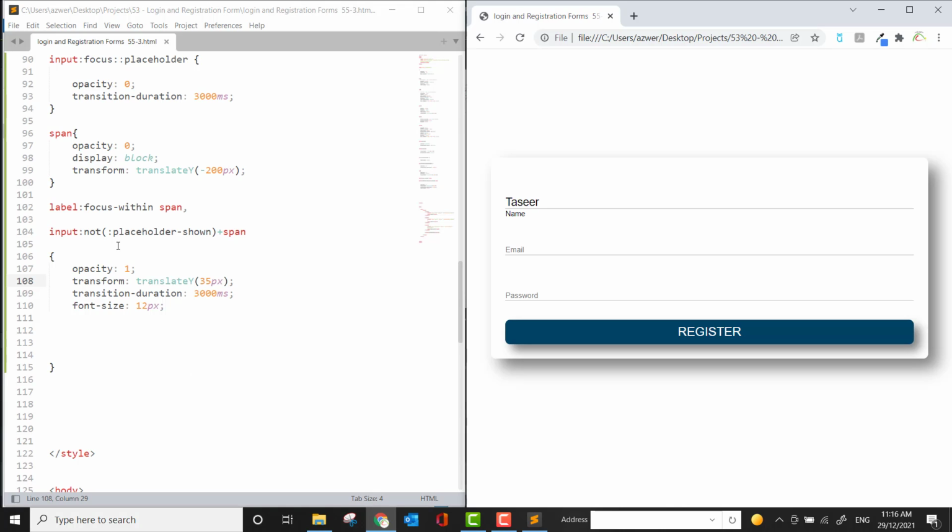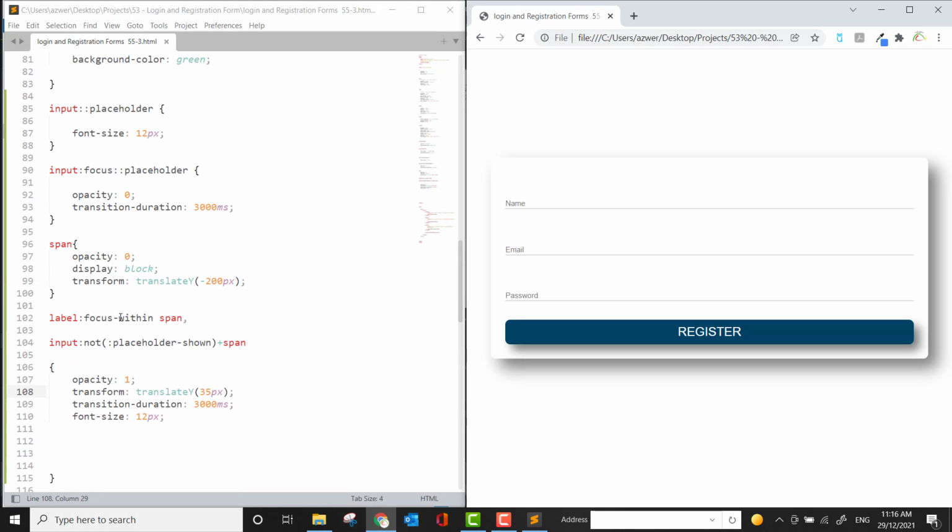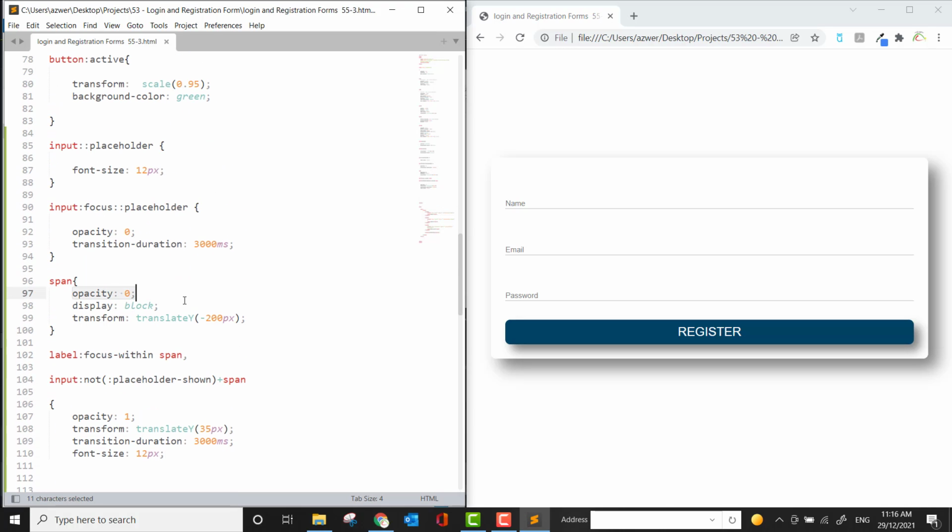Another cool trick that I want to show you: let me refresh it one more time and let's bring the opacity back to normal. I've commented this out for the time being. If I save it and refresh it, these are the span elements. Instead of translating the position of the span element to negative 200 pixels, I can change it to maybe 8 pixels. So if I save it and refresh it,